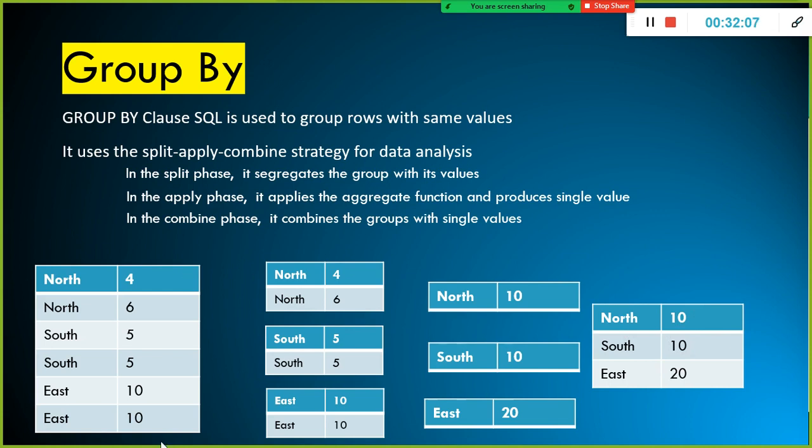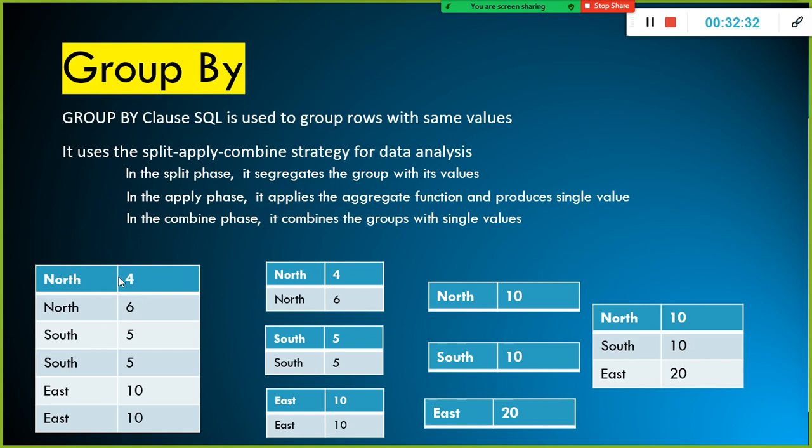This is my detailed data, transaction level data. I don't want the transaction level data. I want to summarize the sales or values based on the groups. So here it carries out 3 operations: split phase, apply phase, combine phase. First, it splits the